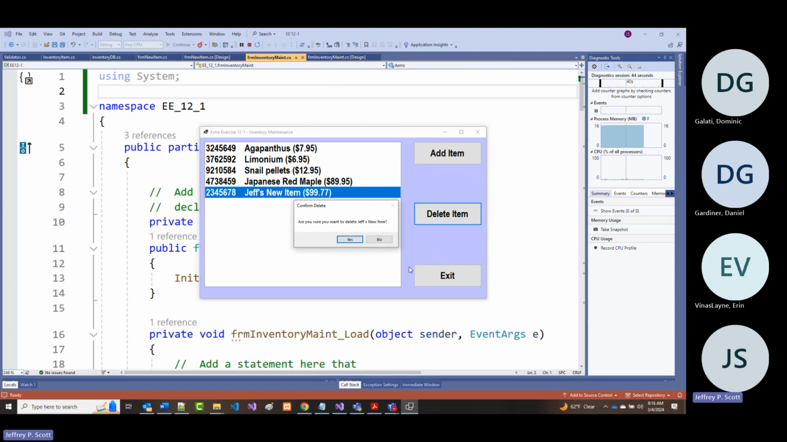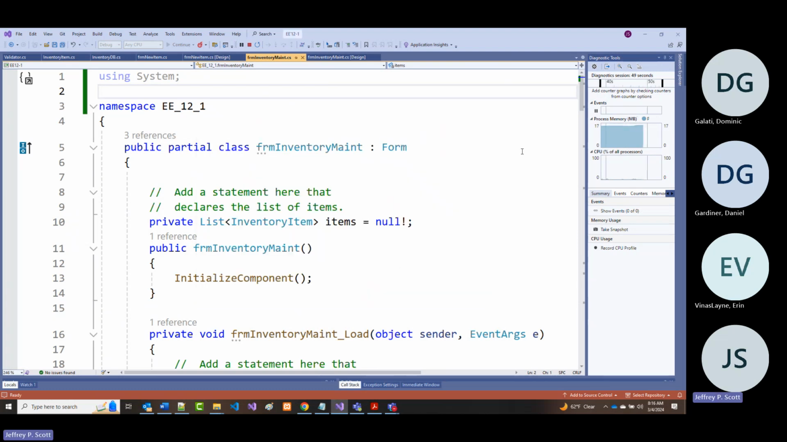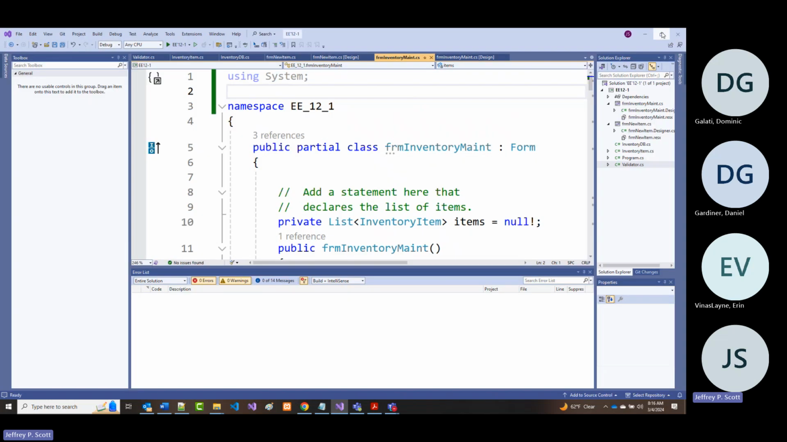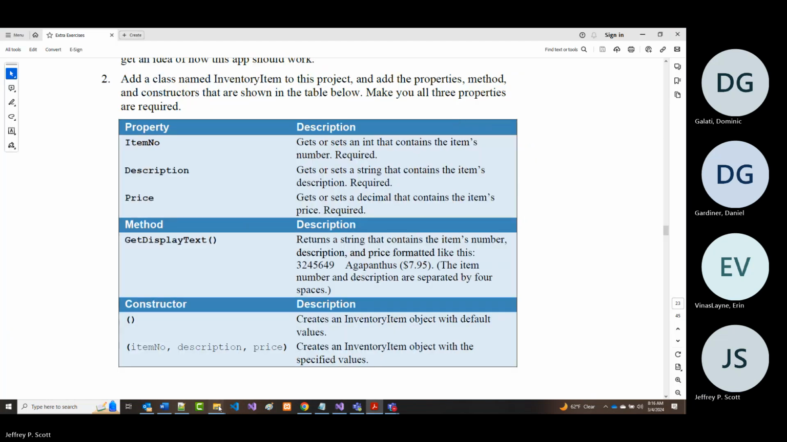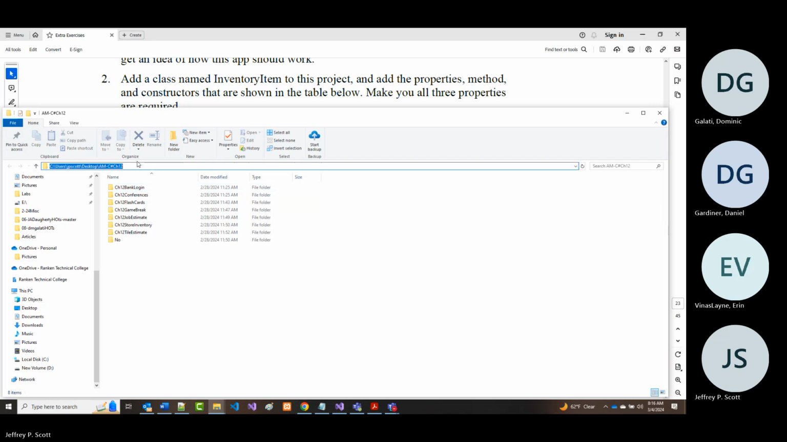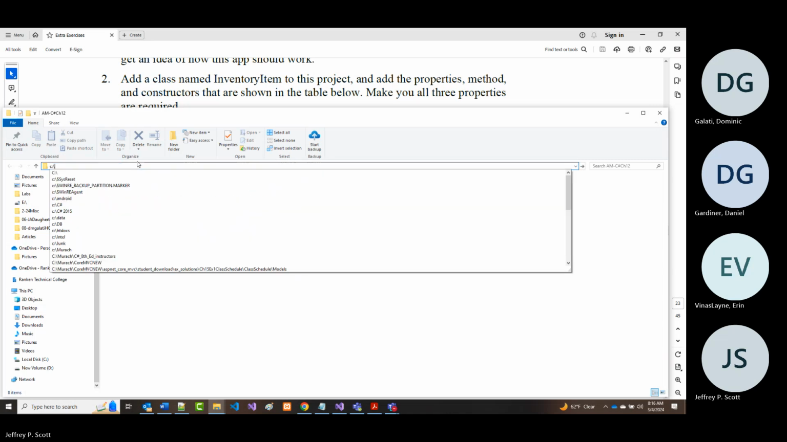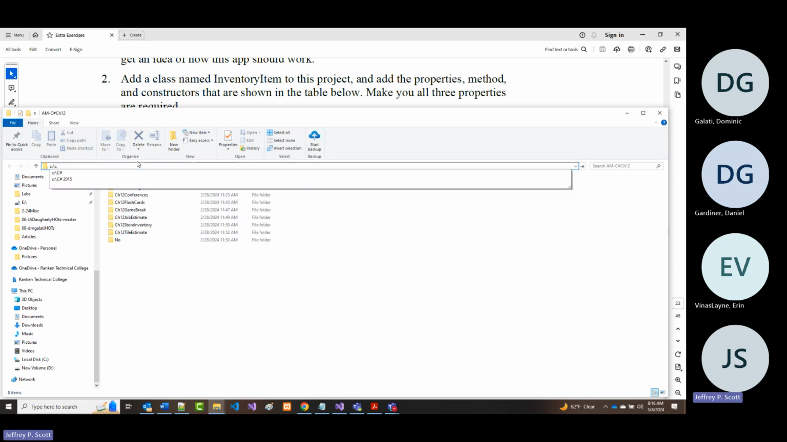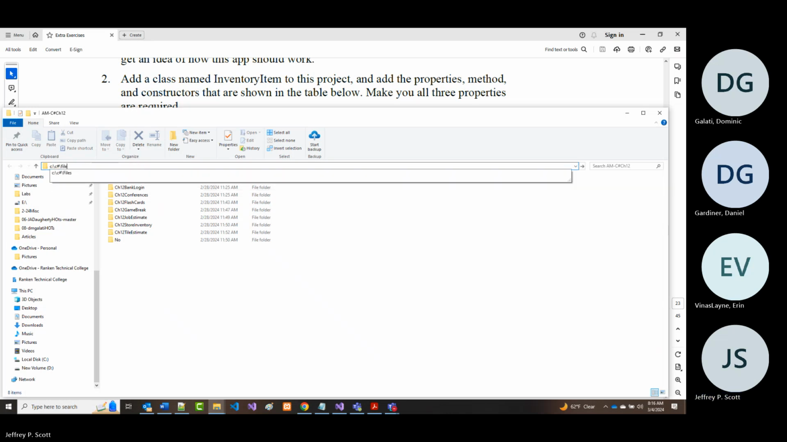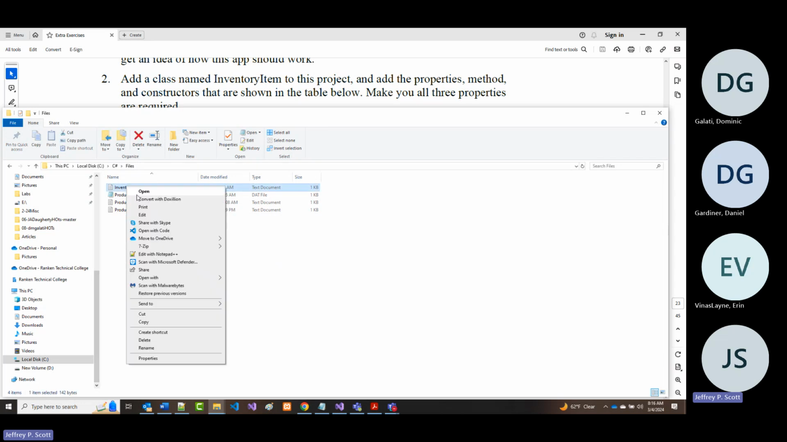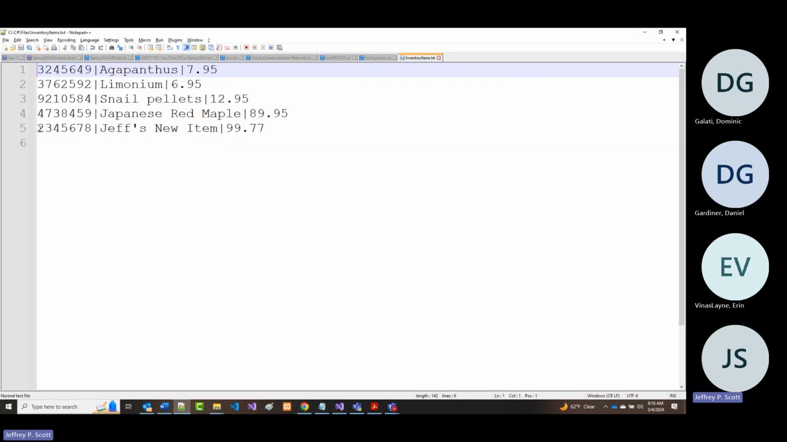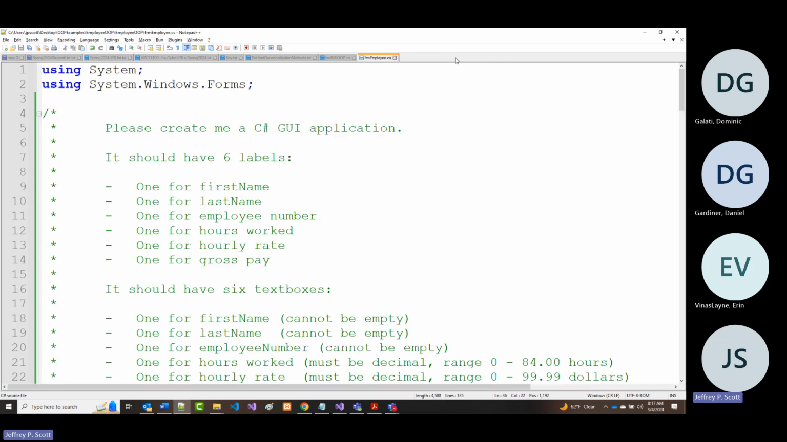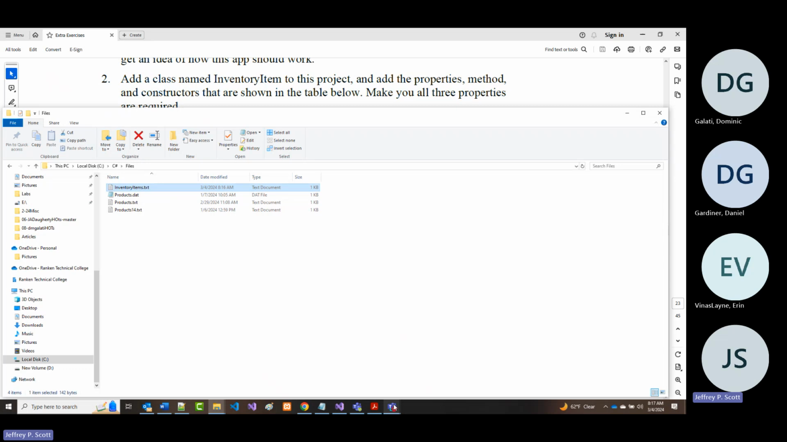But what I want to show you before we do this, all right, I'm just going to exit this. And I want to show you that out on my C drive, C# files. Yeah, there's the file, inventory item.txt. And you can see there's the new Jeff's new item, $99.77. So you'll notice now if I go back here,